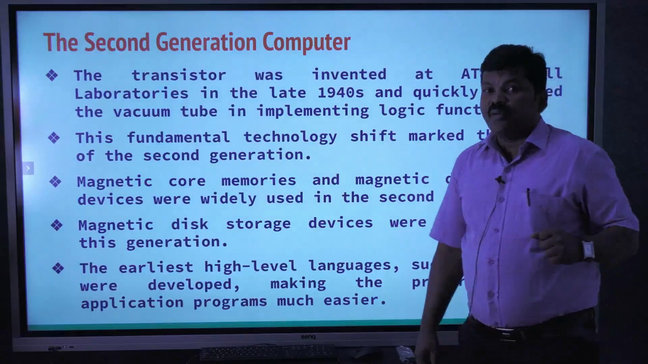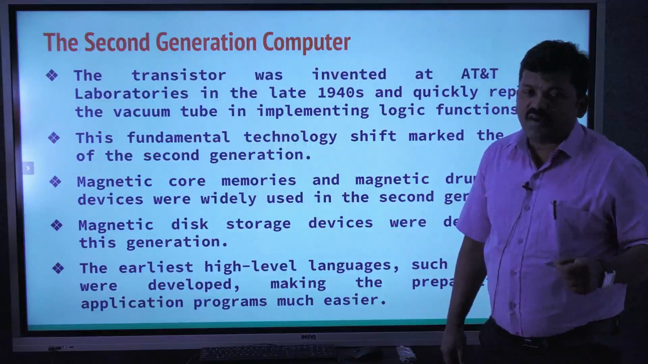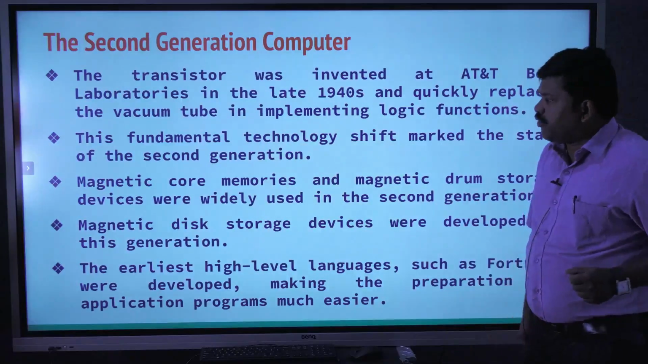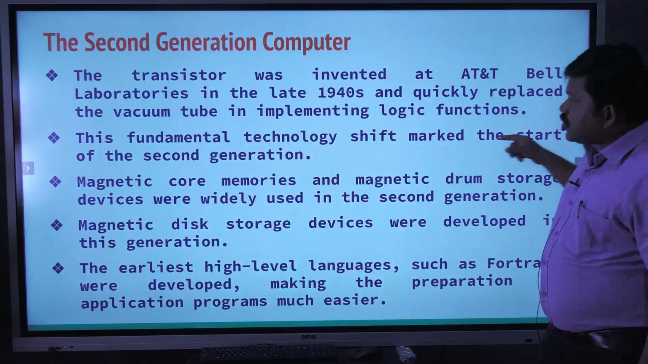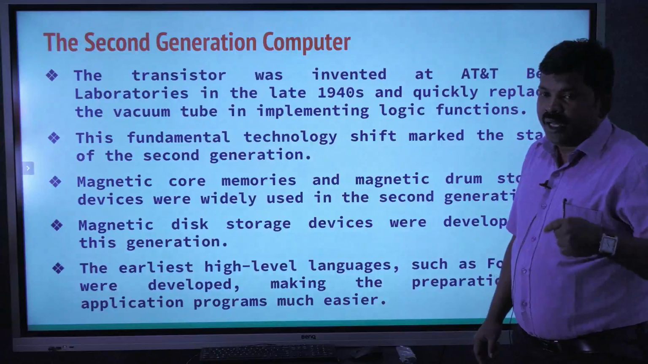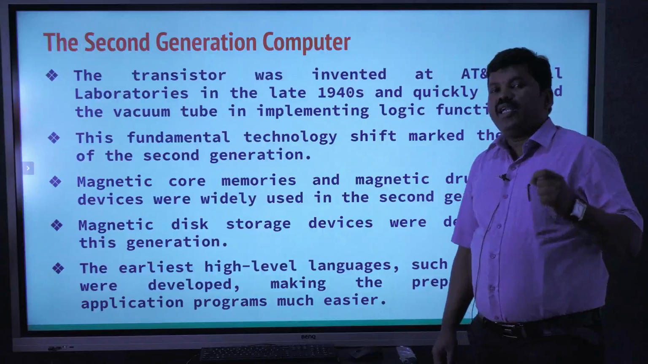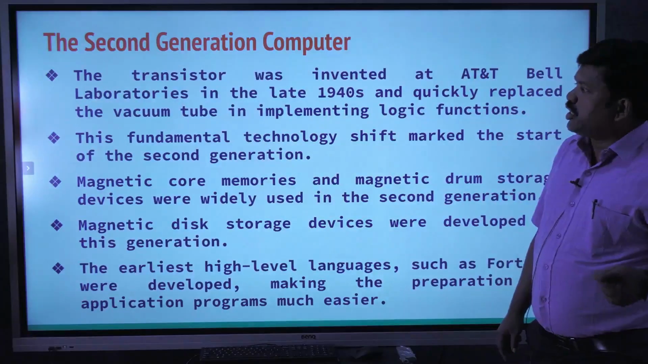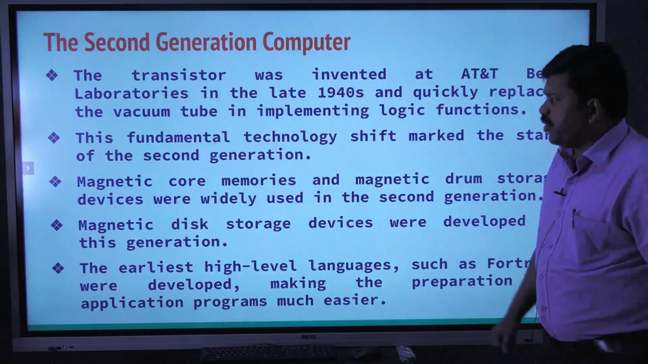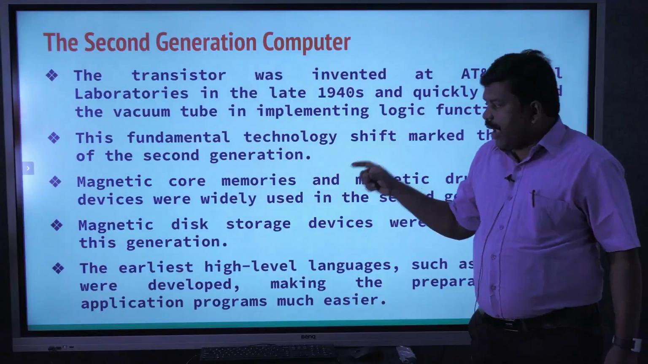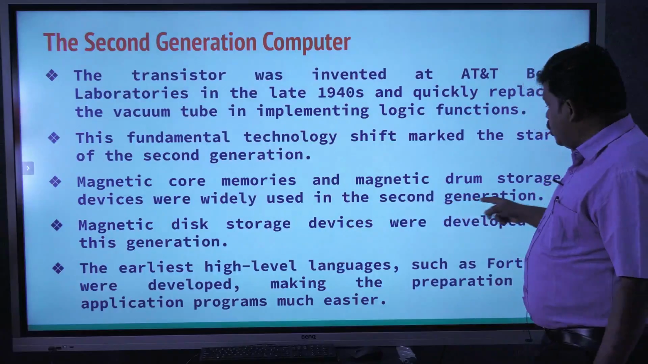Now, in second generation computers, the transistor replaced vacuum tubes. The transistor does all arithmetical and logical functions. This fundamental technology shift marked the start of the second generation of computers. So for any second generation computer, we can easily identify the processing device used: if it is a transistor, then we can say that it is a second generation computer. Also, magnetic core memories and magnetic drum storage devices were widely used in the second